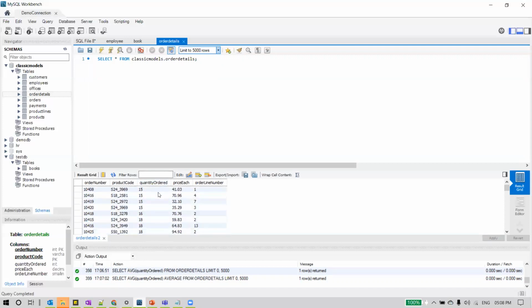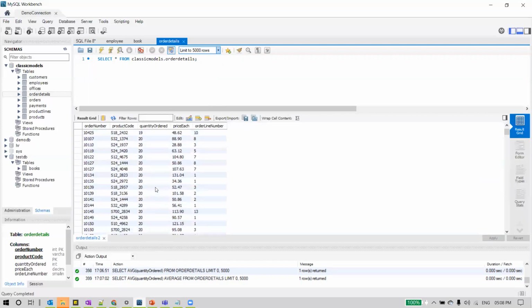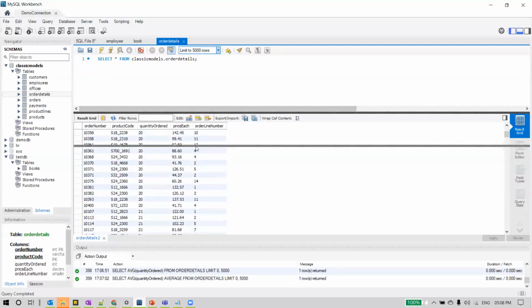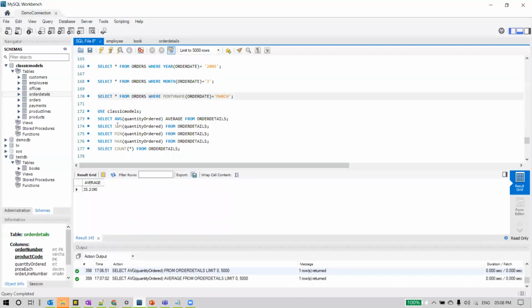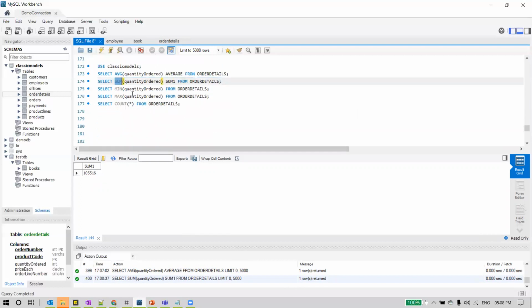If you observe, each order has some quantity ordered here, and how to find the sum? See how difficult it will become if we wanted to do it manually. We need to calculate the sum of all these quantities ordered for like 3000 rows. So instead of that, we can directly use a function called sum, sum of quantity ordered from my table. What does this return? This returns me the sum of the quantity ordered till now. You can see this is the quantity ordered sum. For that, we just need to know to use the sum function.